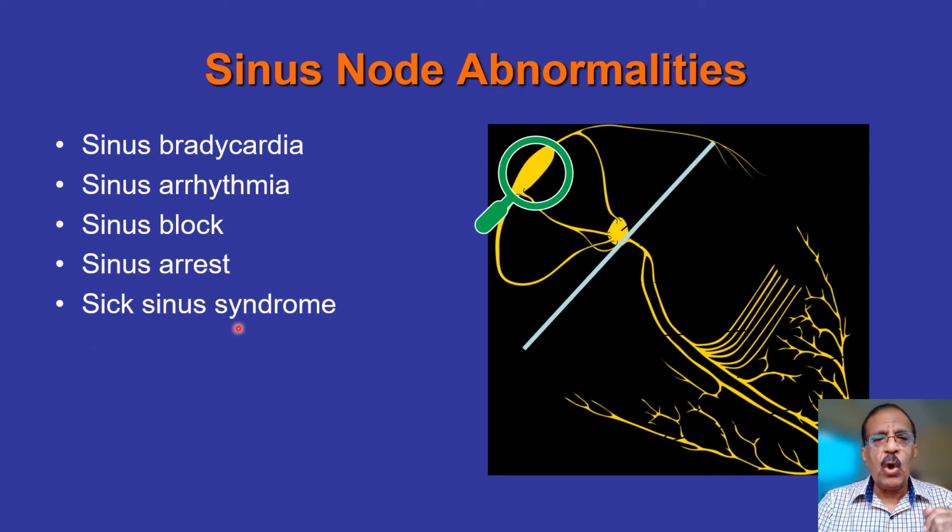Then there is a condition called sick sinus syndrome. There are some people whose SA node does not remain stable. It is prone to develop severe bradycardias and also tachycardias. This is believed to be due to some autonomic disability, and that is beyond the scope of this video. So these are the abnormalities which you can have in SA node disease. Now we proceed further